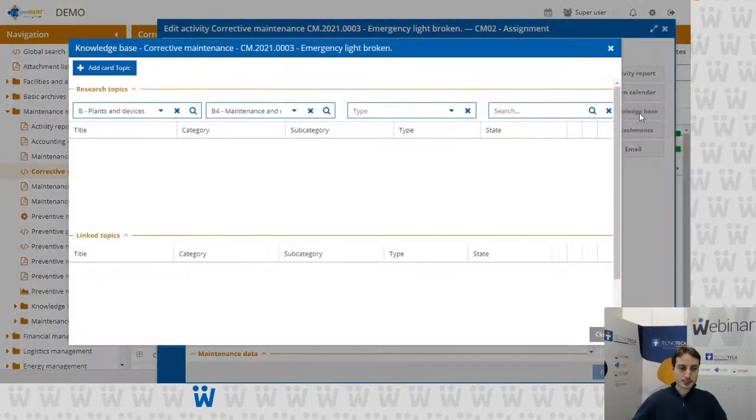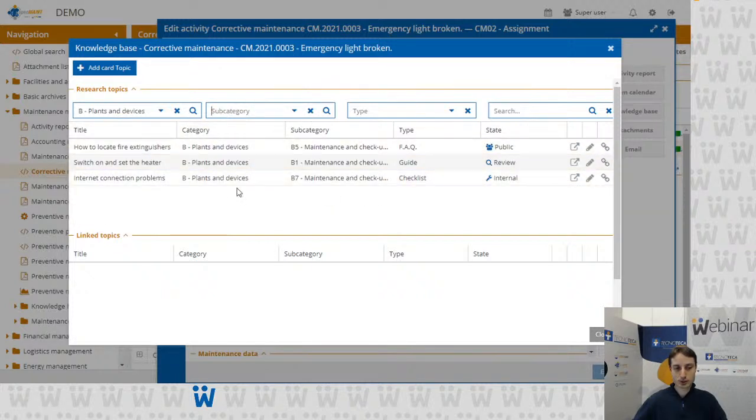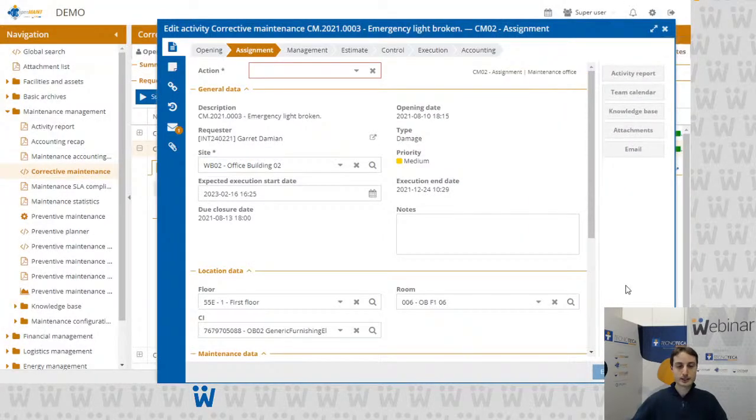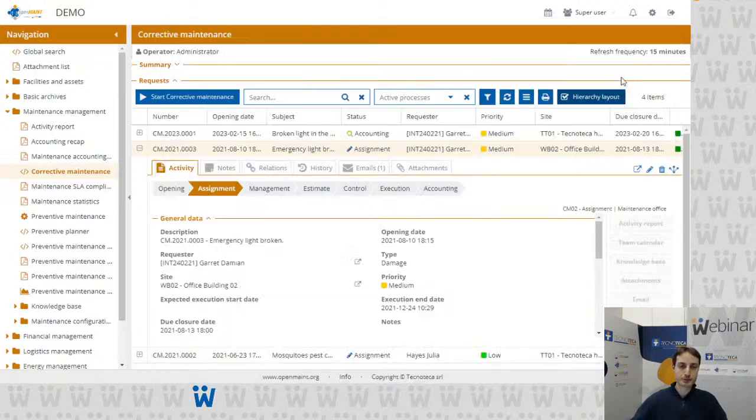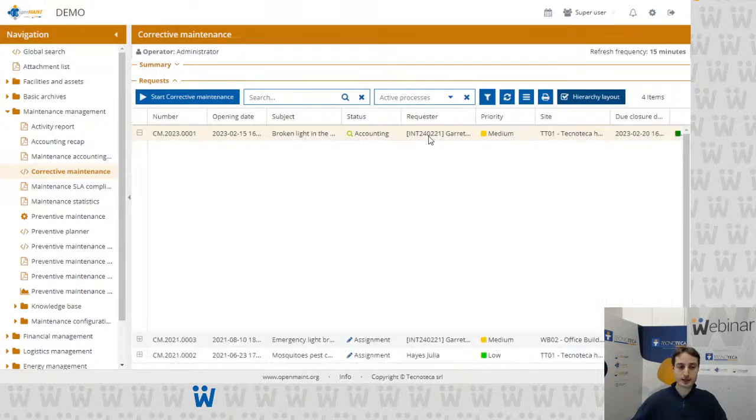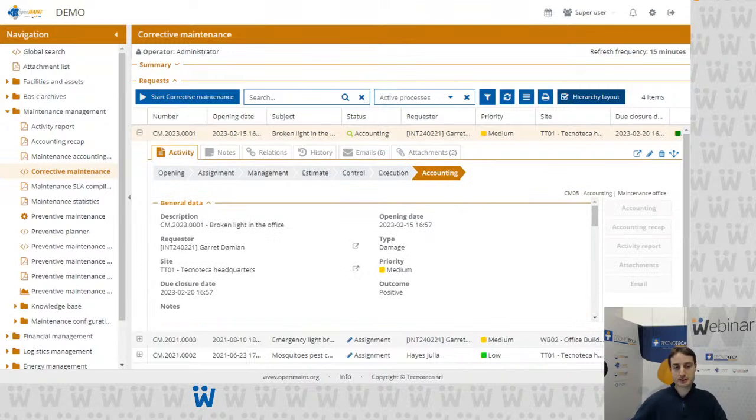And so if I press here, you can see if there are some suggestions, automatically filtered concerning the type, here the category and subcategory of the process. But if I remove the filters, you can see that I can show many other different topics. So the user can be guided to the most suitable knowledge base that can help identify the problem. For example, if I take another ticket,